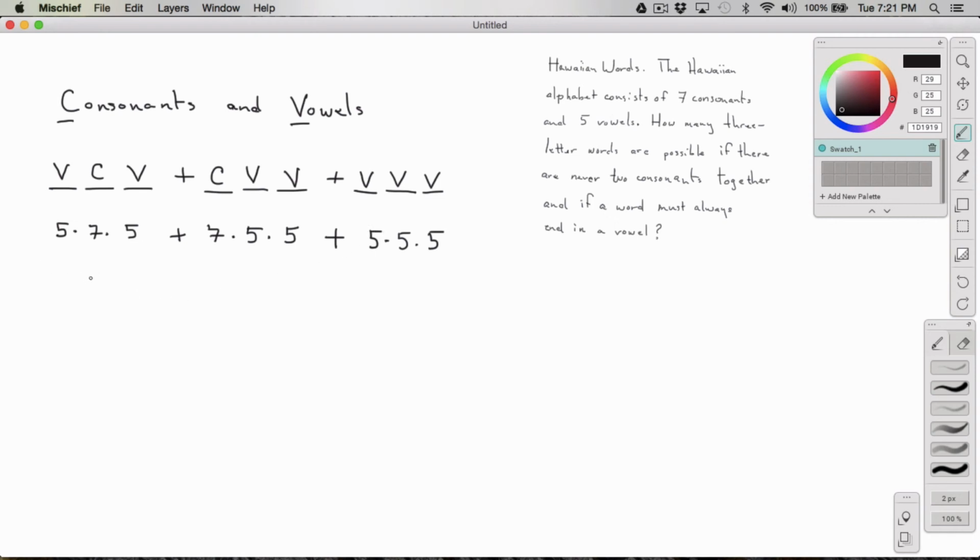5 times 7, that's 35, times 5, that's 175. Plus, this is going to also be 175, and 5 times 5 times 5 is 125. So, add those numbers together and you'll get your final result. Thank you, and